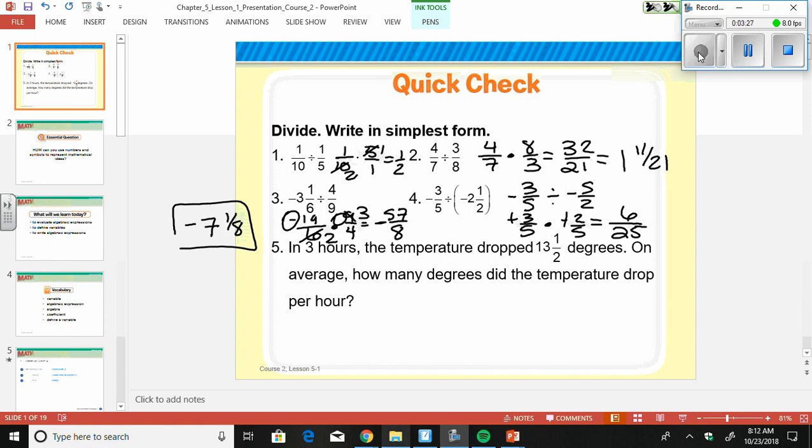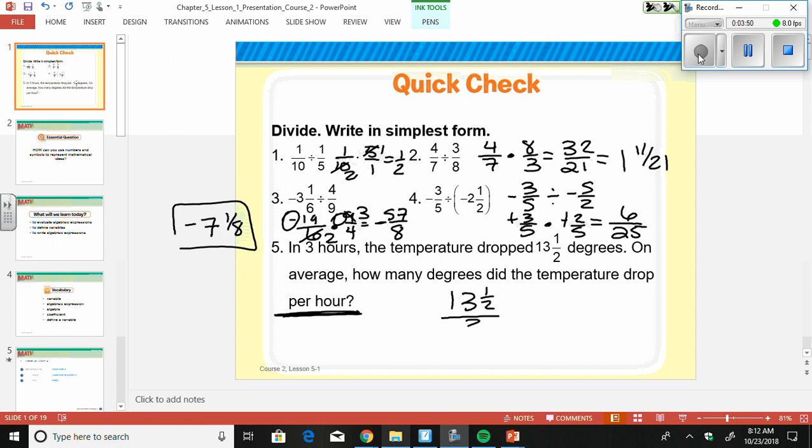In 3 hours, the temperature dropped 13.5 degrees. On average, how many degrees does the temperature drop per hour? So in the question, they're giving you a clue. How much did it drop per hour? So per hour, so it's degrees per hour, or degrees over hours. So I'm going to put